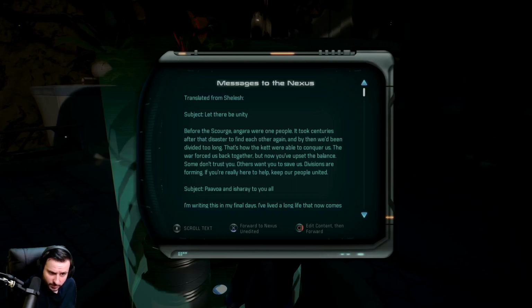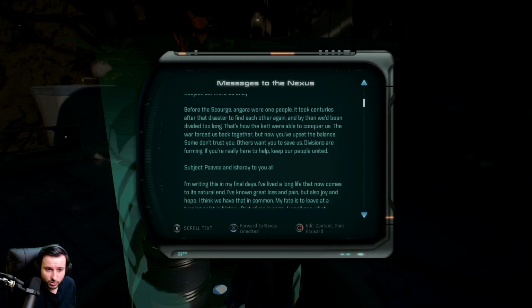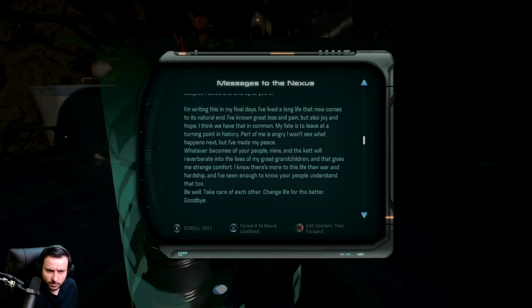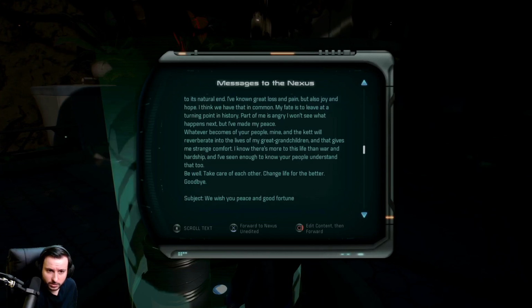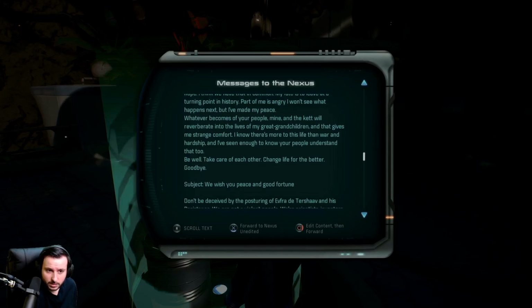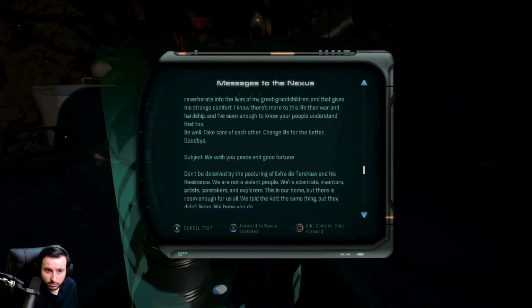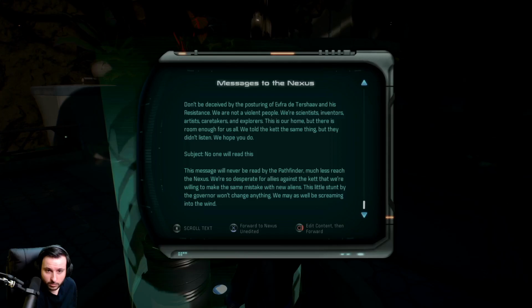Let there be unity. Before the Scourge, Angara were one people. It took centuries, but now the people are back together, but now you've upset the balance. Some don't trust you, others want you to save us. Divisions are forming. If you're really here to help, keep our people united. I'm writing this in my final days. I've lived a long life that now comes to its natural end. Great loss and pain. I think we have that in common. My fate is to leave at a turning point in history. Part of me is angry. You won't see what happens next, but I've made my peace. Whatever becomes of your people, mine, and the Kett will reverberate to the lives of great-great-grandchildren. Don't be deceived by that posturing. We are not violent people. We're scientists. No one will read this. This message will never be read by...